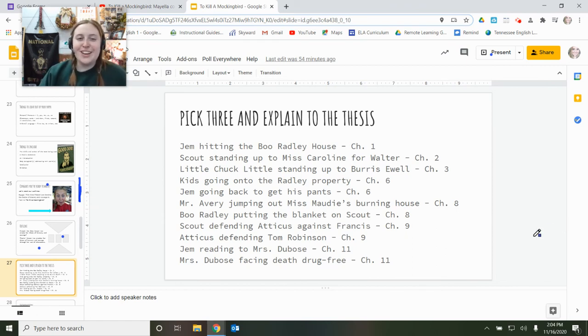Okay. So what I'm going to have for you guys, right here, you can see all the different examples that I have found through To Kill a Mockingbird that you are more than welcome to pick from. Okay, so you have Jim hitting the Boo Radley house in chapter 1, Scout standing up to Miss Caroline for Walter in chapter 2, Little Chuck Little standing up to Burris Ewell, the kids going to the Radley property, Jim going back to get his pants, Mr. Avery jumping out of the window,